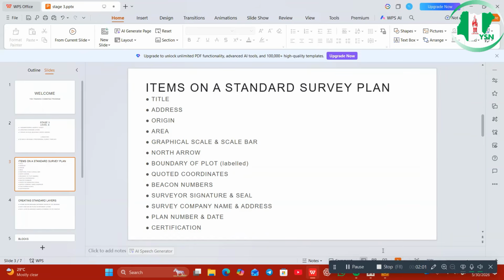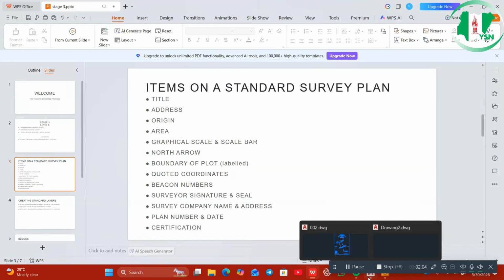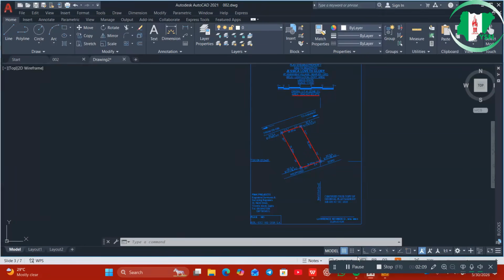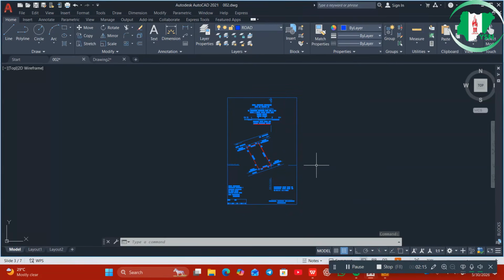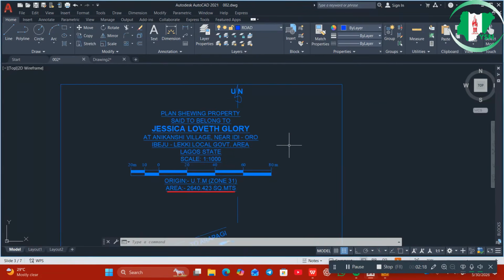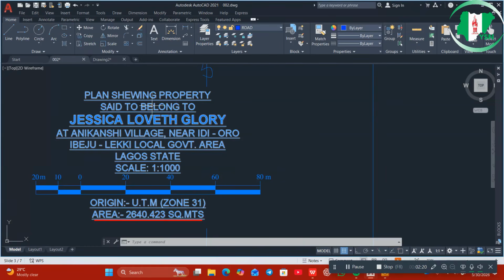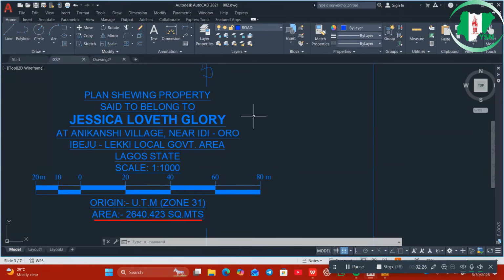Let us take a look at a standard survey plan and identify this list on it. So first, this is what a survey plan looks like. Let's identify our list. We have our title, plan showing property said to belong to Jessica Lovett Glory. This is the title. The address is at this place near Idioroko. Regardless of the address of the place, it must be under the name to which the title of the survey plan goes to, and the scale,